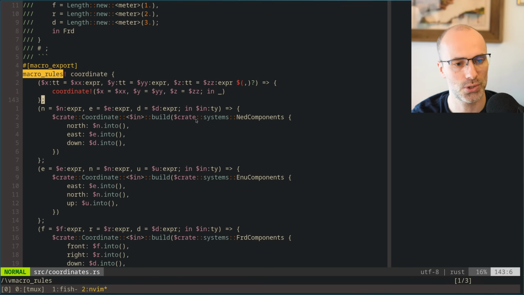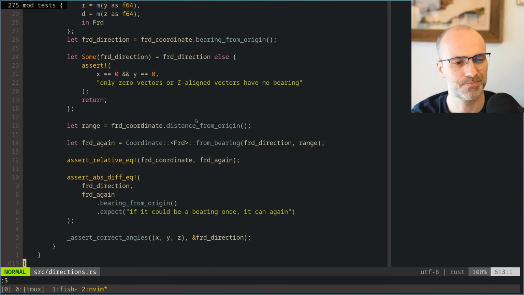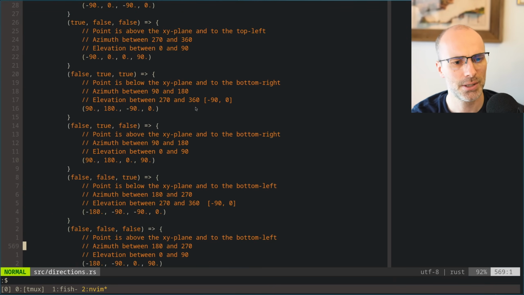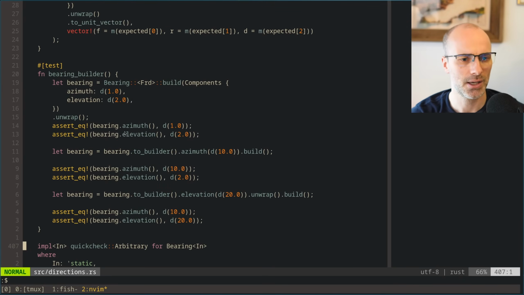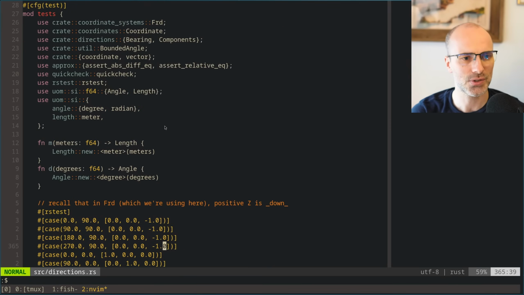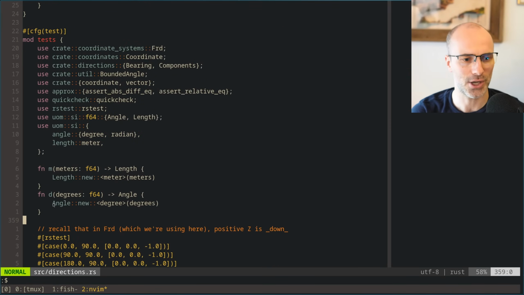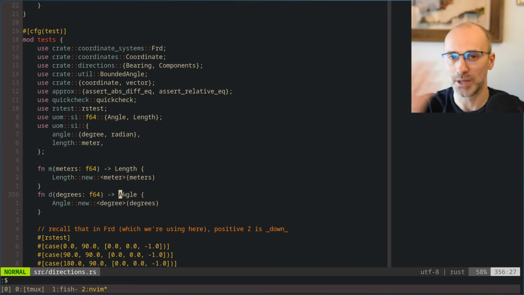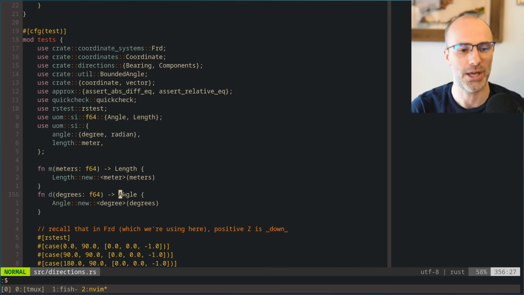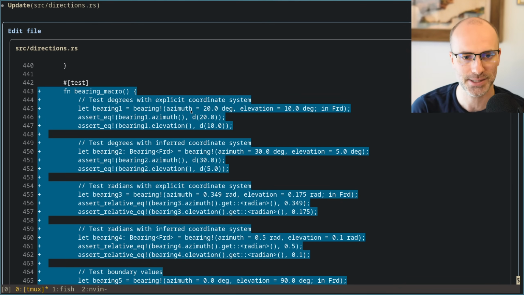If we go to direction, at the bottom you'll see that in a bunch of the tests I'm comparing azimuth, for example, to D, and D is just a helper function I've defined at the top so that you can give degrees as an F64 and get back a well-typed angle without having to write the whole angle new degree. I guess it picked up on that pattern from the other tests, and so it's using that.